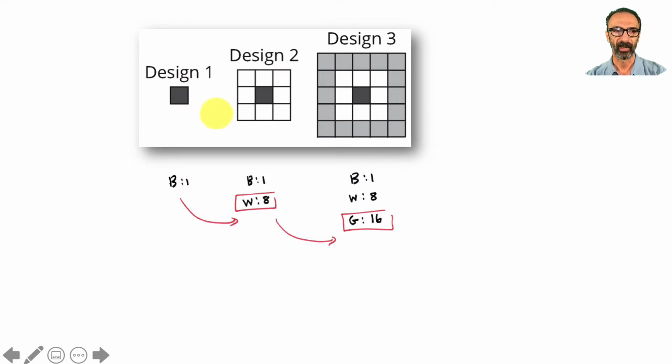How many tiles do we have here? 1, 2, 3, 4, 5, 6, 7, 8. 8 more new ones, 8 whites. The gray ones are 1, 2, 3, 4, 5, 6, 7, 8, 9, 10, 11, 12, 13, 14, 15, 16. 16. So we're going from